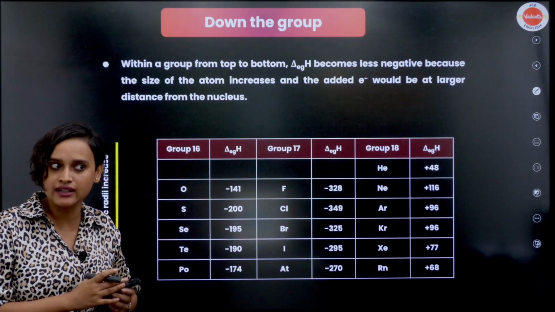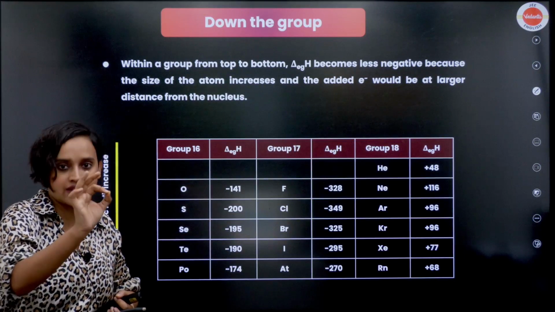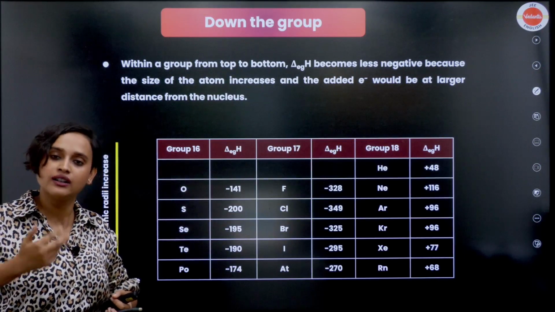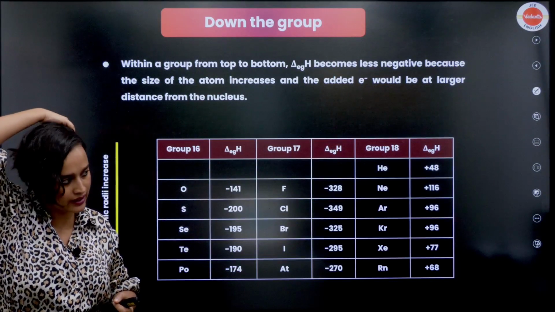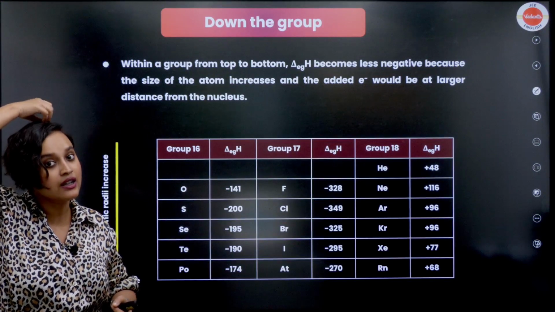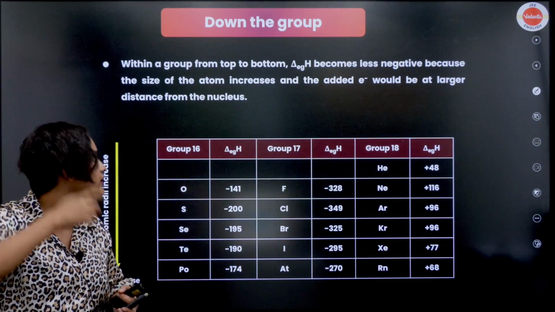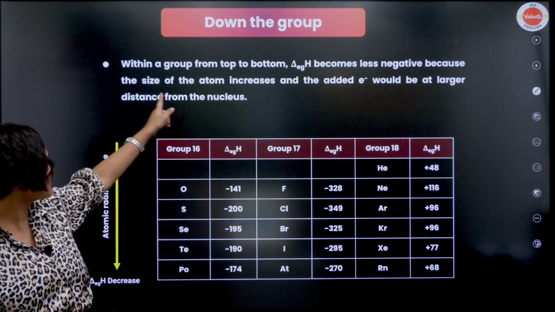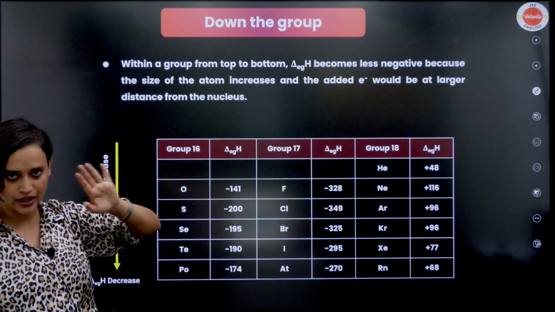Achha, by the way, understand this: because the energy is released, there is a negative sign. If energy was absorbed, then it would be a positive charge, and you would have added a positive sign. But here, because it is releasing, we add a negative sign over it, okay? So here, within a group from top to bottom, delta Eg, that is electron gain enthalpy,